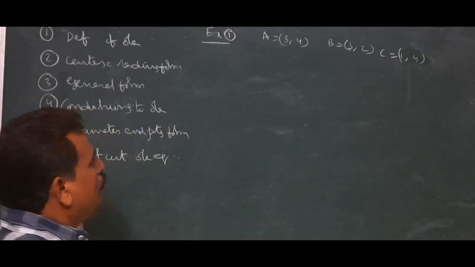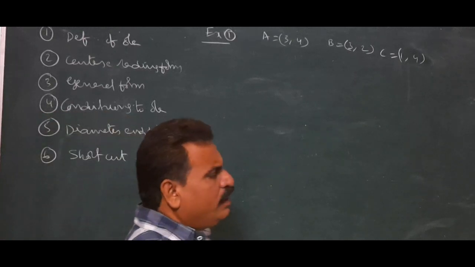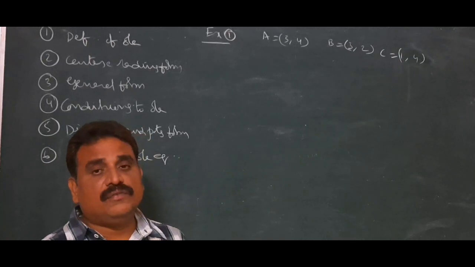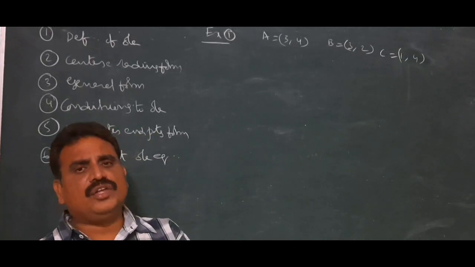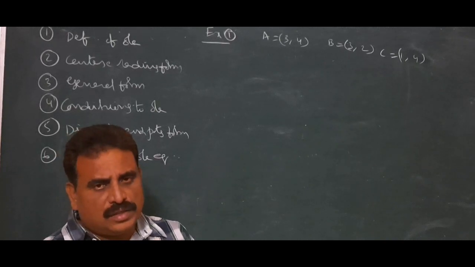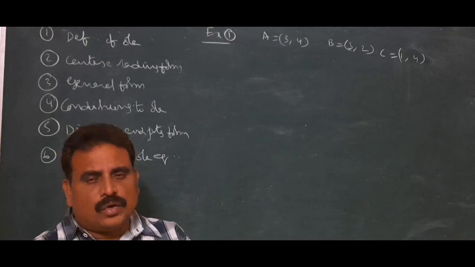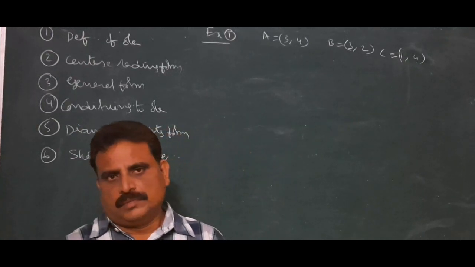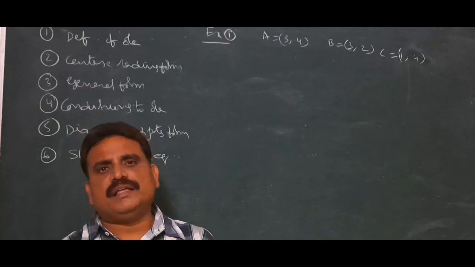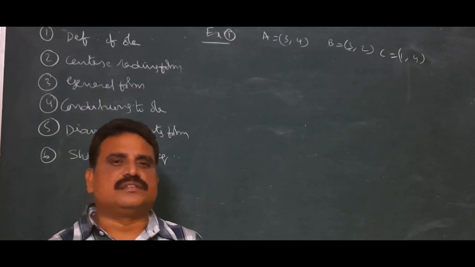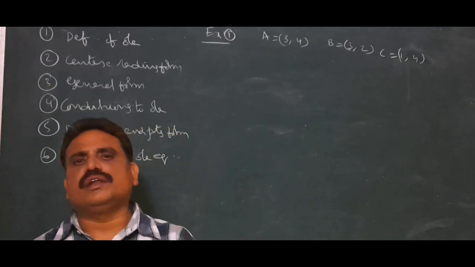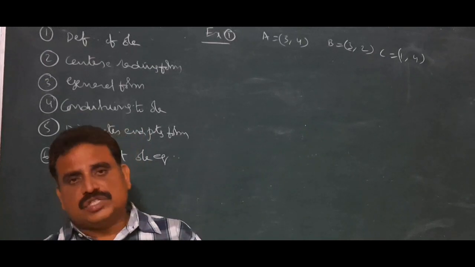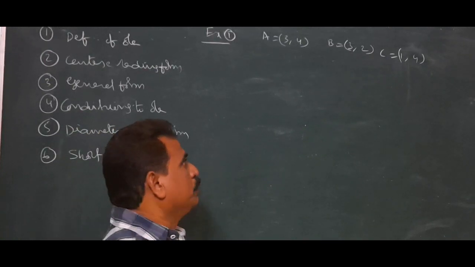Now, we discuss a shortcut method, a very good method. Listen carefully, it is a very interesting method. If the 3 points are given, you can directly write the circle equation. Actually, this method is not applicable in the intermediate exam. In state board exams, don't apply this shortcut method. From an objective point of view, we can use this method, as well as you can check this method in state board also. Finally, look here.